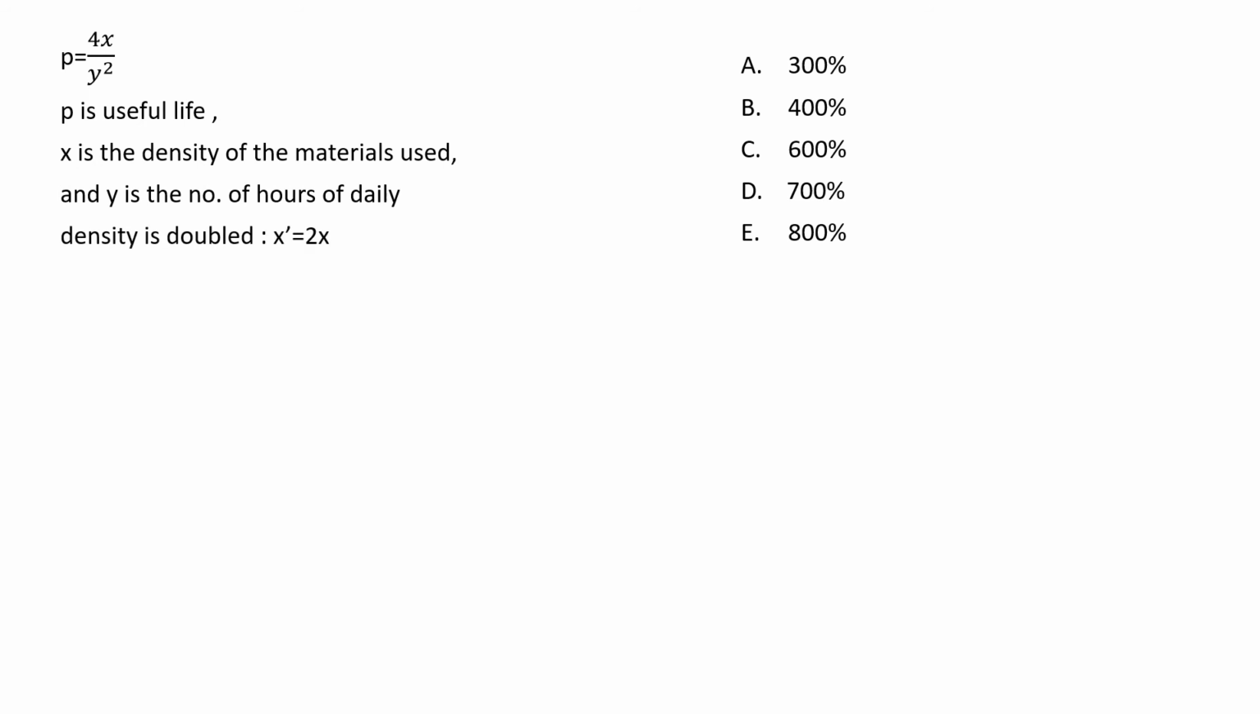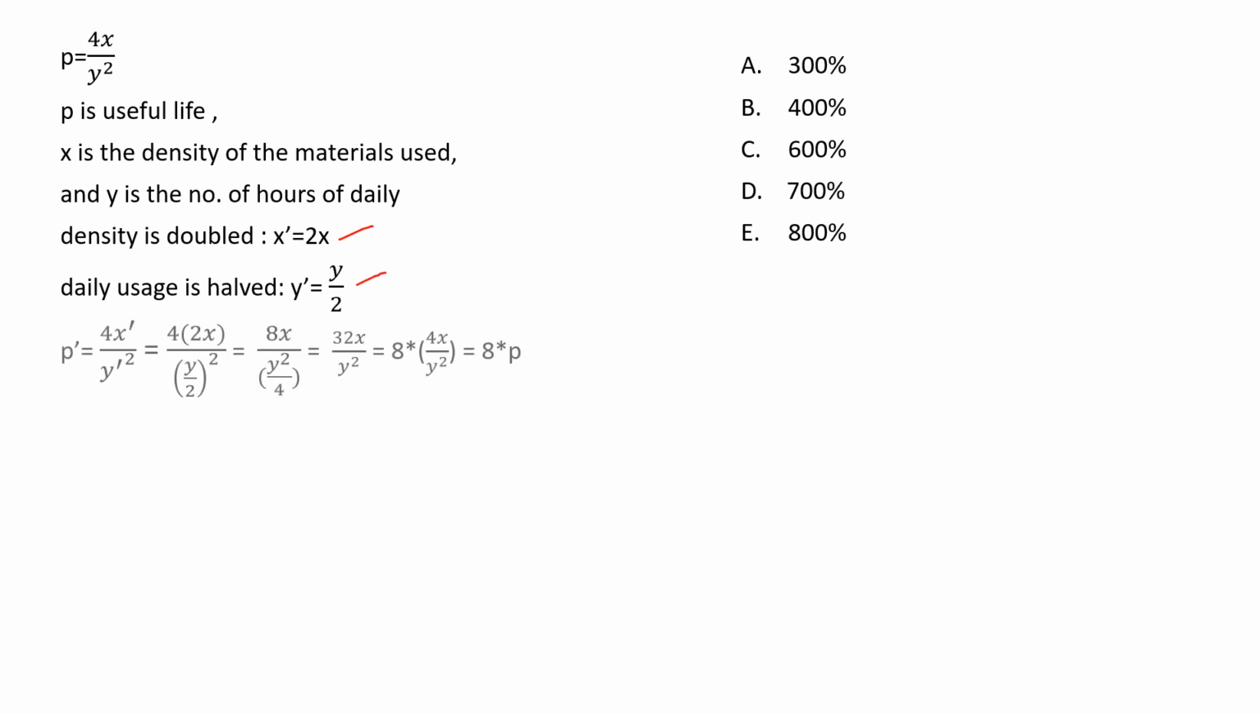And we're told that if the density is doubled, that is x dash is equal to 2 times x, and if the daily usage is halved, y dash is equal to y by 2, what will happen to the useful life? So P dash will be 4 times x dash divided by y dash whole square, right? Let's substitute that in terms of x and y. You get 4 times 2x whole divided by y by 2 whole square, right? So that's equal to 4 into 2, you get 8x in the numerator, and in the denominator y by 2 whole square is y square divided by 4,